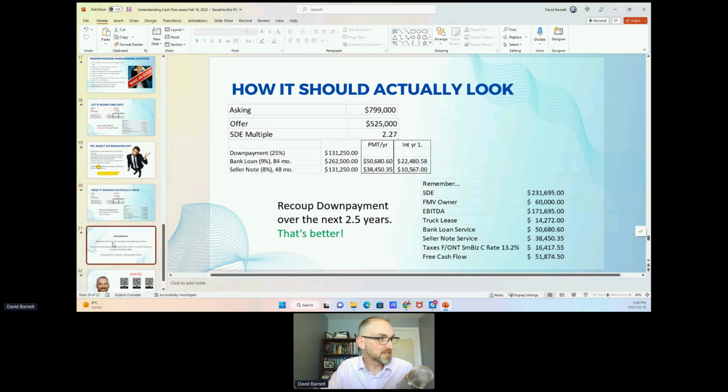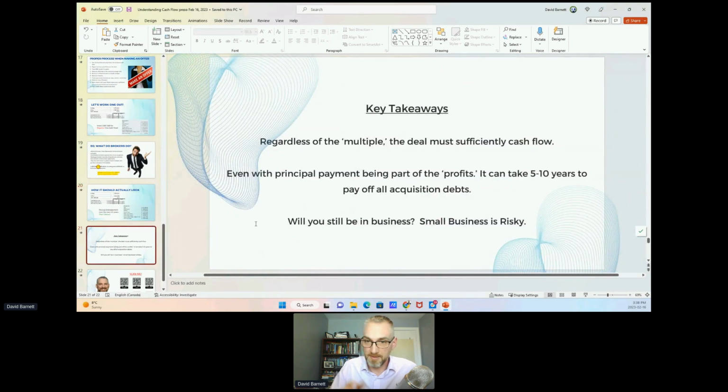So in this second to last slide, these are the key takeaways that I want you guys to have. Regardless of the multiple, the deal must sufficiently cash flow. There has to be a good amount of money coming out of it for you. Otherwise, why are you buying it? You buy a business to reduce risk so that you already have customers and sales and all that kind of stuff. But if you don't set it up properly, and I see Ted Leverett making comments in there,